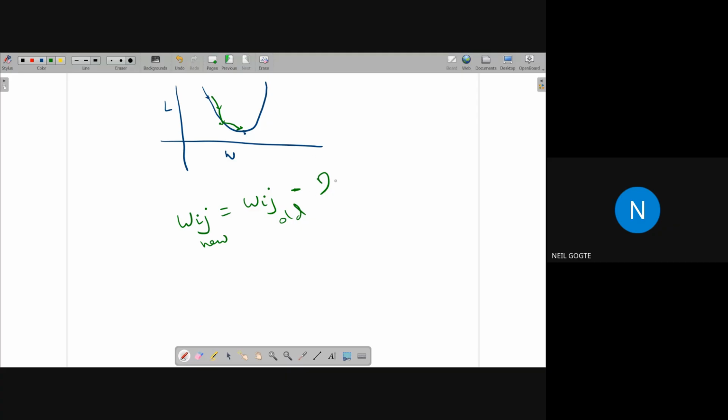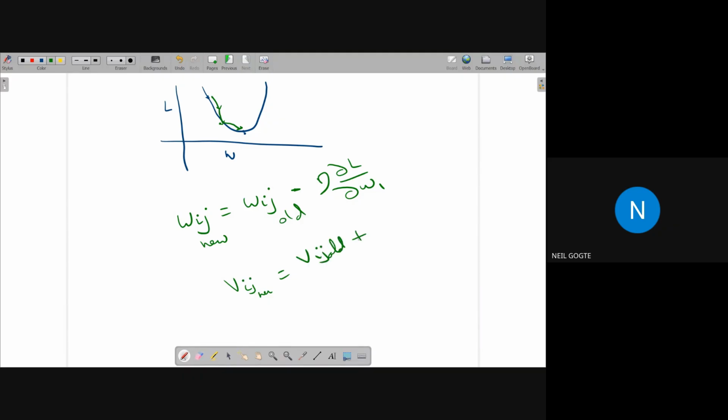Let's write both the equations. This is the gradient, nu times the gradient, or you can use Vij new is equal to Vij old